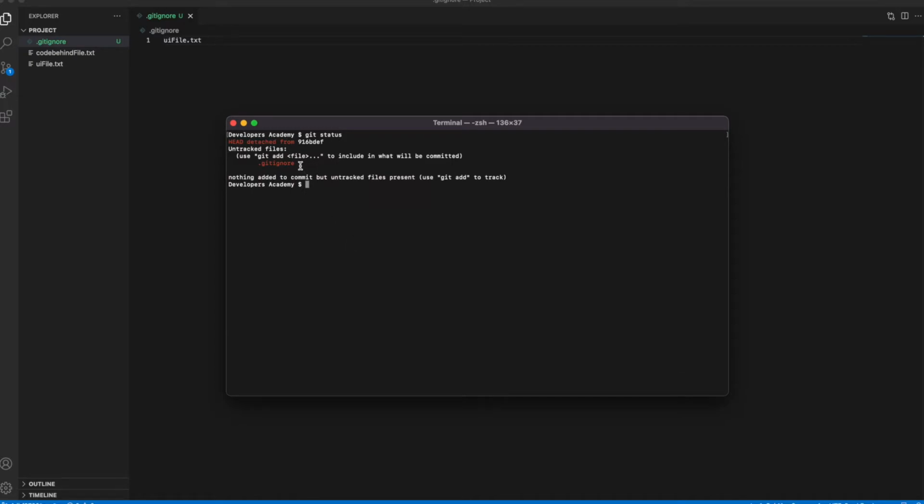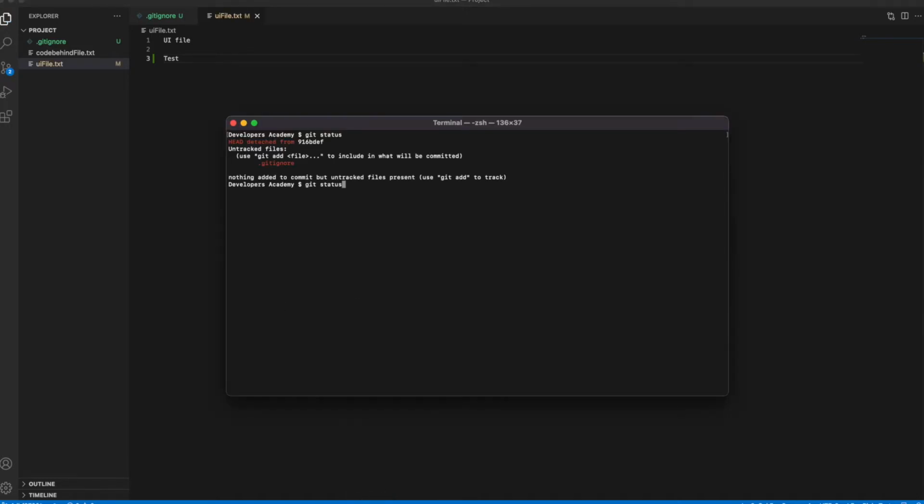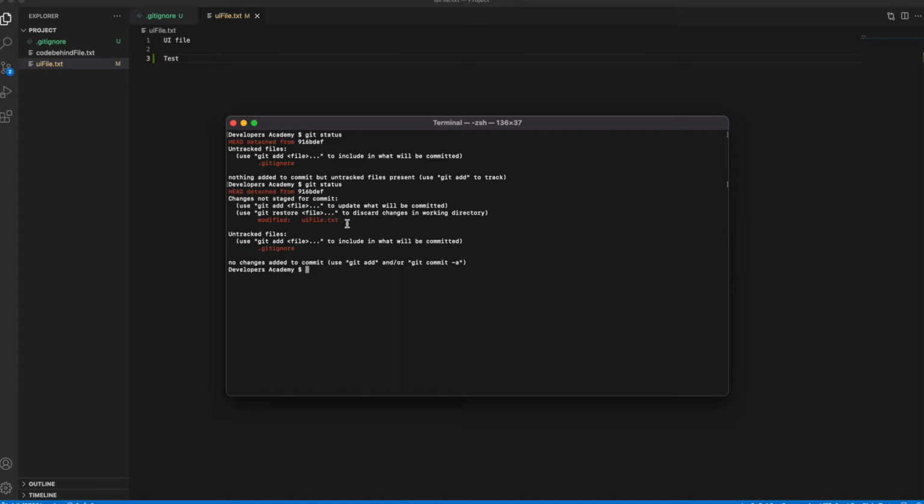Okay, so you can see that the git ignore file is added, and now I will make some changes in UI file.txt. Let's check git status. So you can see that UI file.txt is still being tracked and it's showing as modified, but we don't want to track it now.